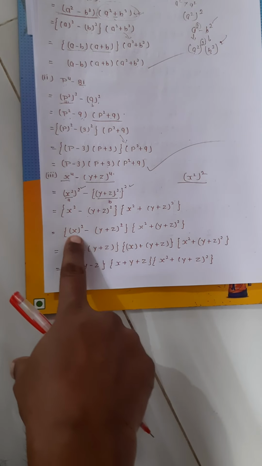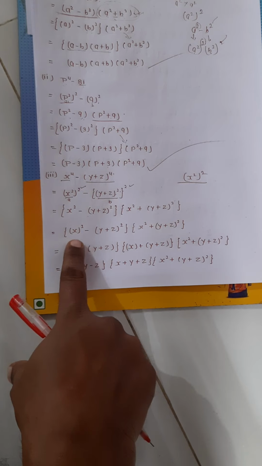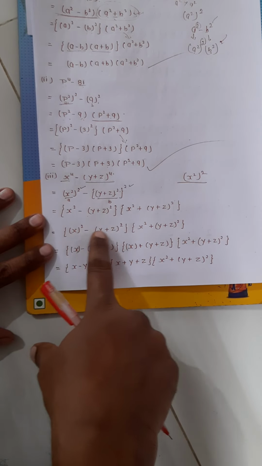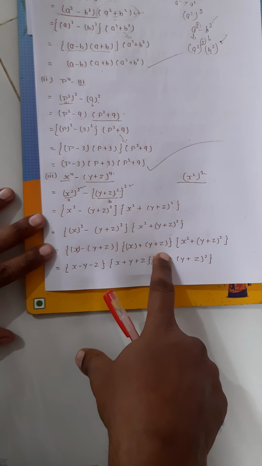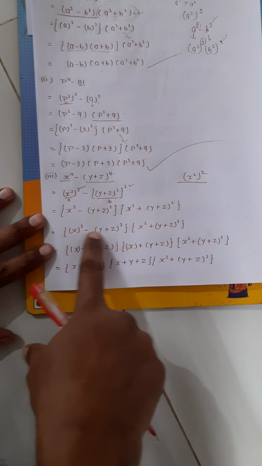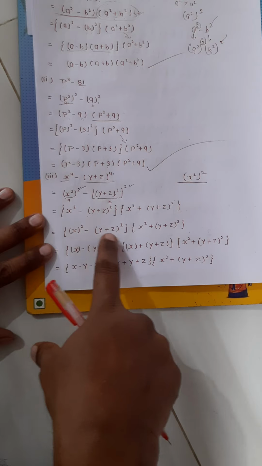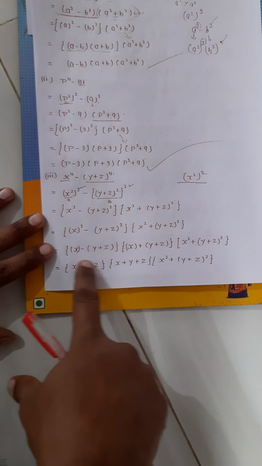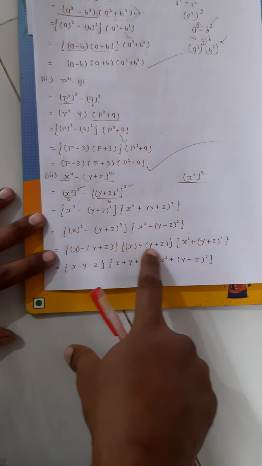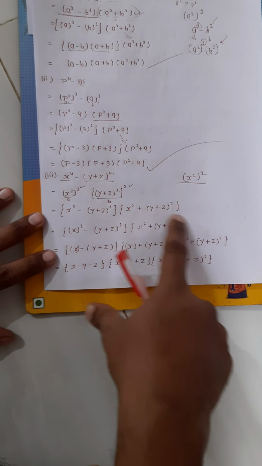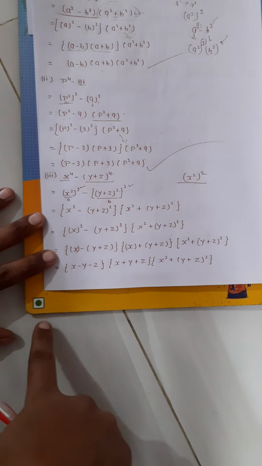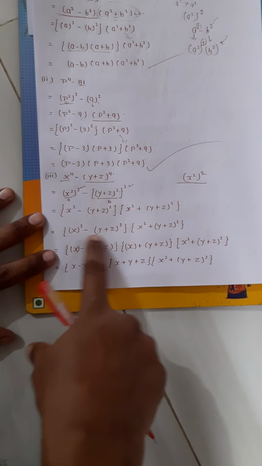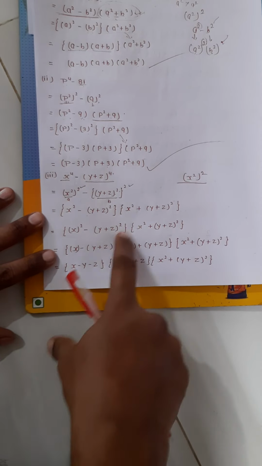Okay, now what will our value? Our value will be x minus y plus z and x plus y plus z. Okay, first it will be x minus y plus z, and second the value will be x plus y plus z, that is, a minus b and a plus b. Okay, and this value we will write down directly. This will not change, we only expand it.